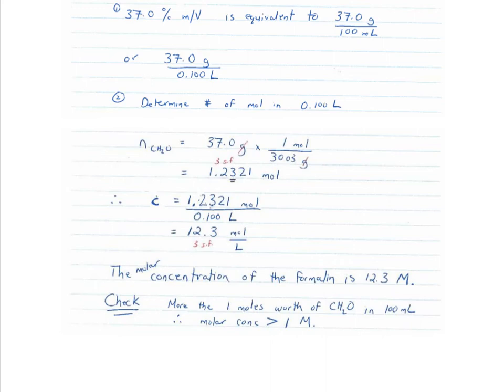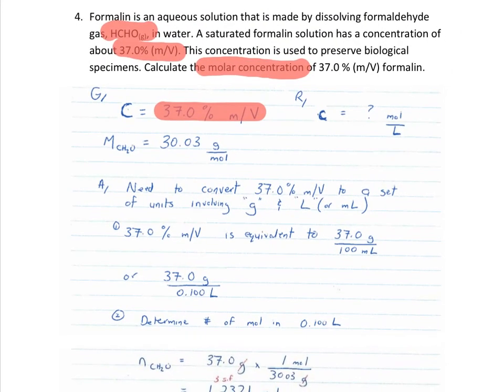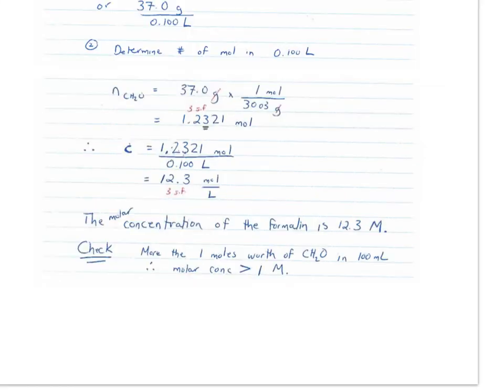One thing that I forgot to highlight up above, note that for the concentration expressions, we use a capital C for basically the non-mole-per-liter concentration expressions, so a capital C there for those percent concentrations, and I believe for ppm and ppb as well, whereas we use the lowercase c when talking about concentrations in moles per liter. And so finally, my check is we've got more than 1 mole's worth of formaldehyde in 100 milliliters,